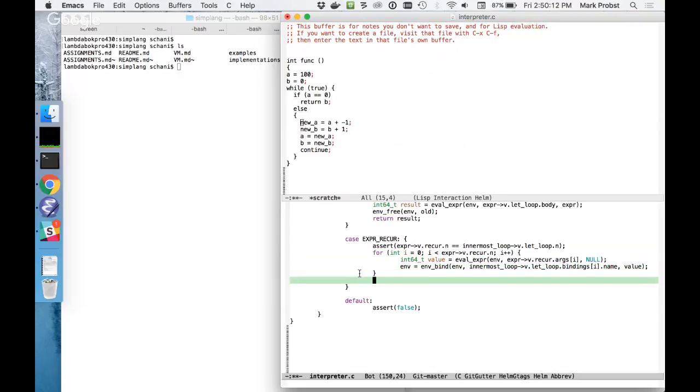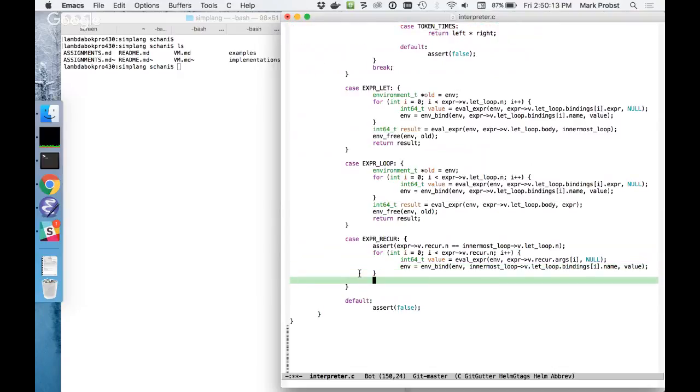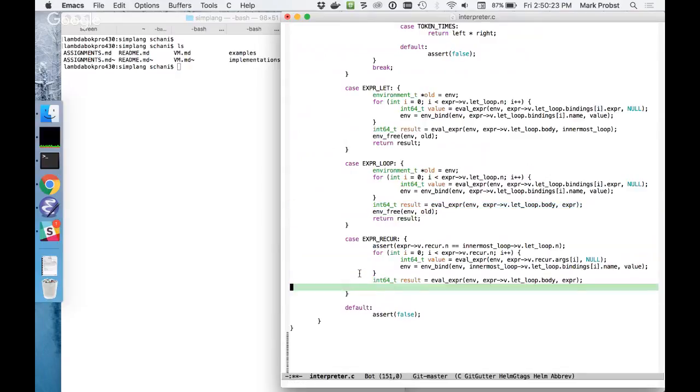So now we have the new environment, and now we could evaluate the body of the innermost loop again with that new environment. So I could say evaluate innermost loop